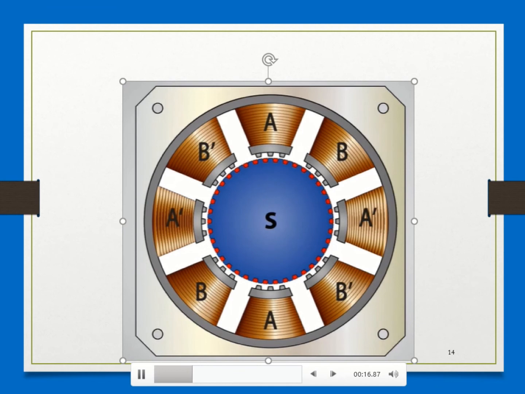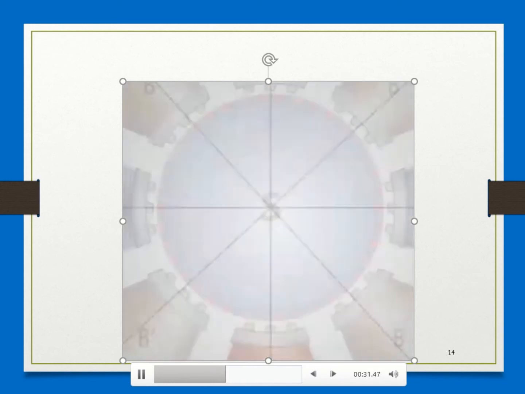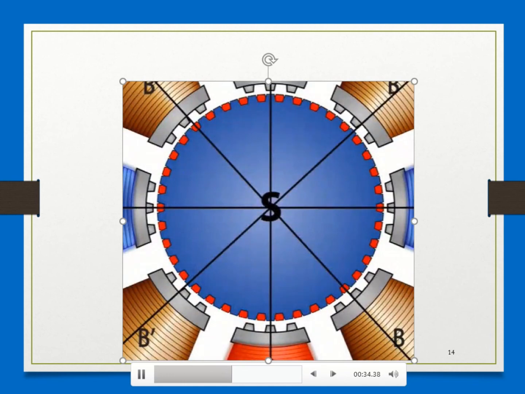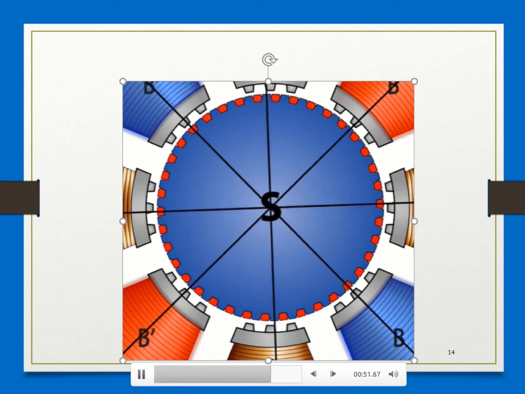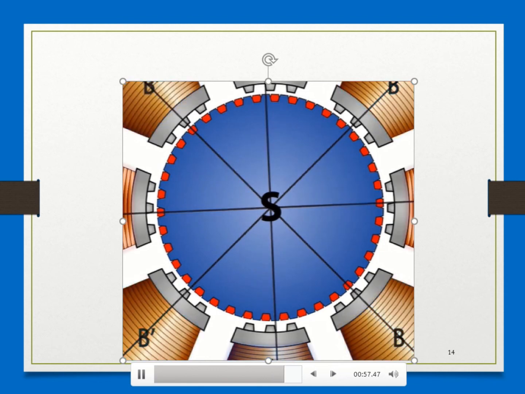Okay, that means that in the next step, when we turn off the A poles and activate the B poles, the rotor will move counterclockwise and its teeth will align with the teeth of B poles. Observe the construction here. Now it is aligned with A. Okay. Once we de-energize poles A and energize B, the rotor will rotate, so that it will align with the B. Now the B poles are energized. I hope you have noticed.